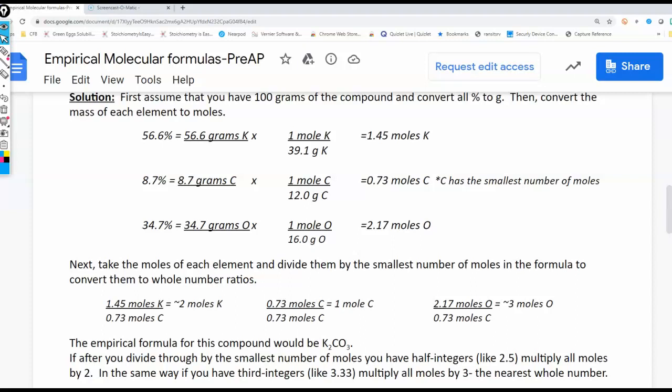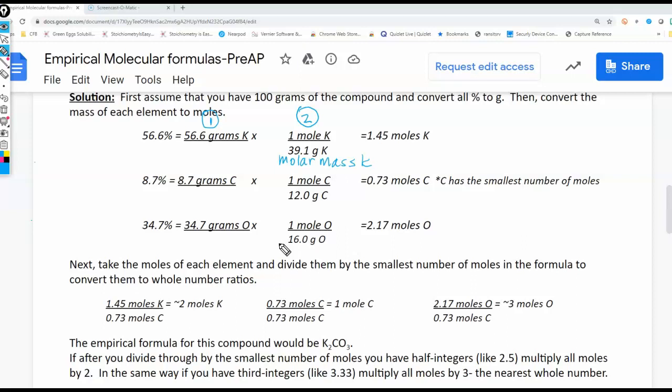And then the very next step is we are dividing each of our grams. So step 1 was this conversion to grams right here. Step 2 is when we are dividing by the molar mass. So this specific part is dividing by the molar mass, and this happens to be the molar mass of potassium, and this one is carbon, and of course this one is oxygen. So we're finding our moles. So we've completed step 1 and step 2,